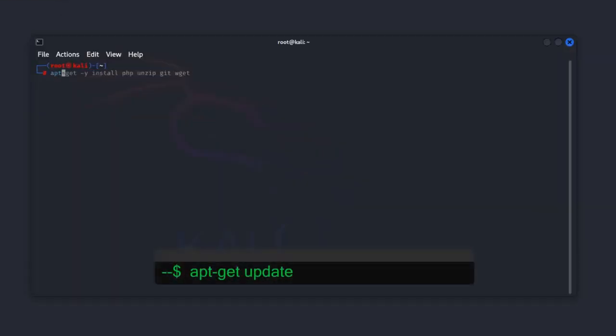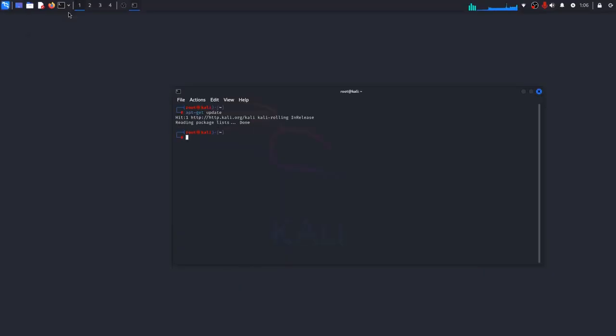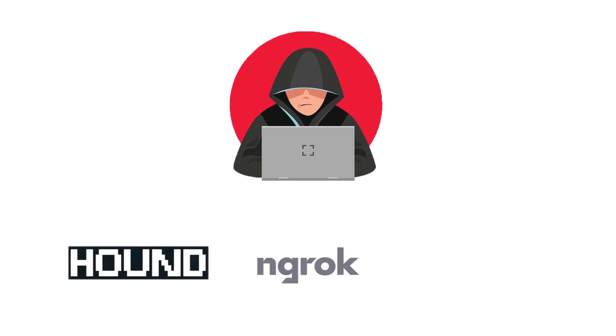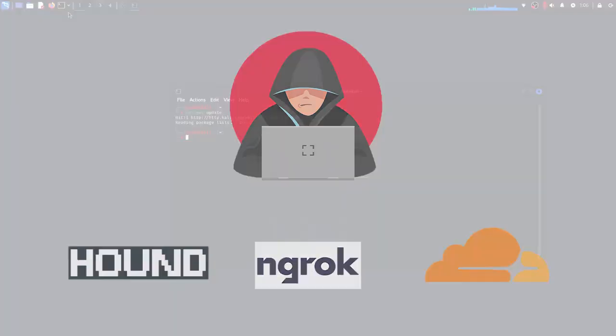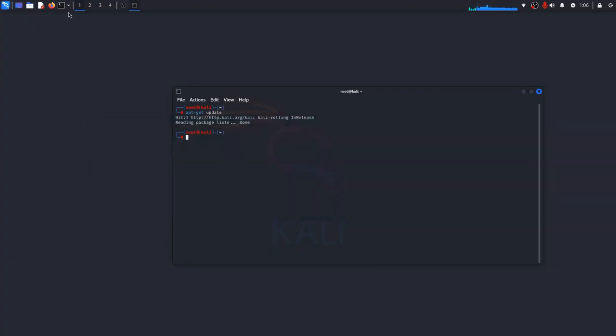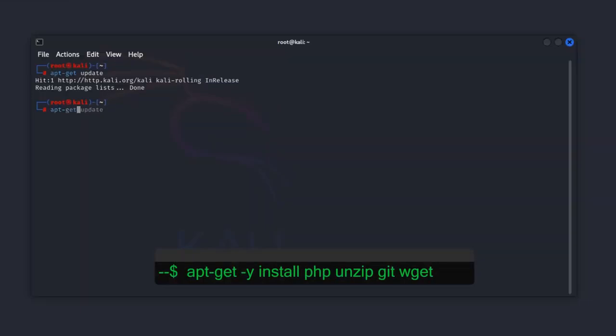So with this command, apt get update, I have already updated my system. Now first of all, let me tell you how hackers find exact locations. They use phishing tools like Hound, Ngrok, Cloudflare. Use these tools to find the exact locations, and we are going to use the Hound tool to find the exact location of my victim. So for that, type this command: apt get -y